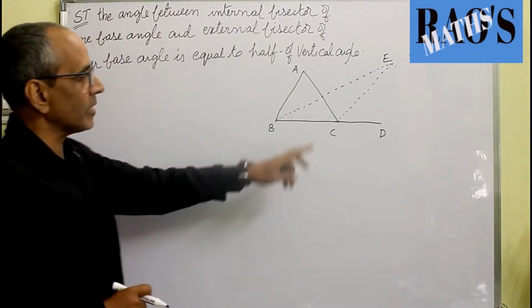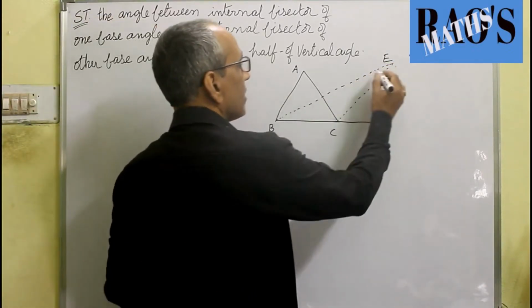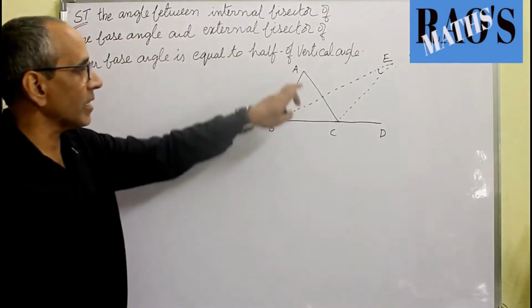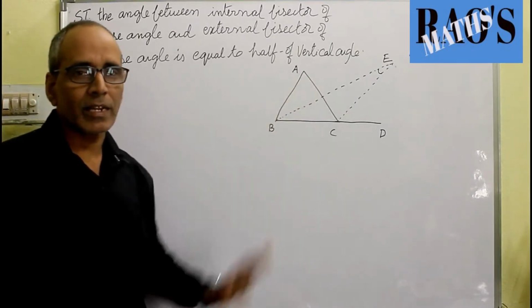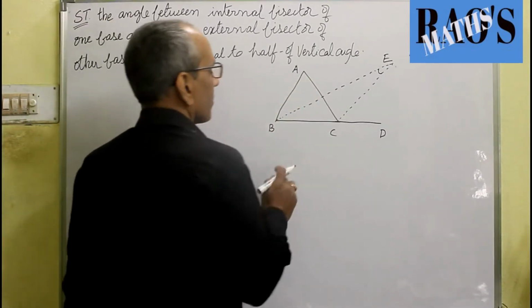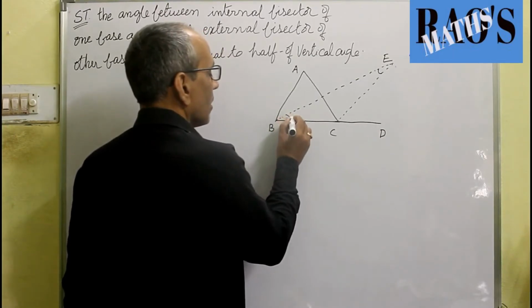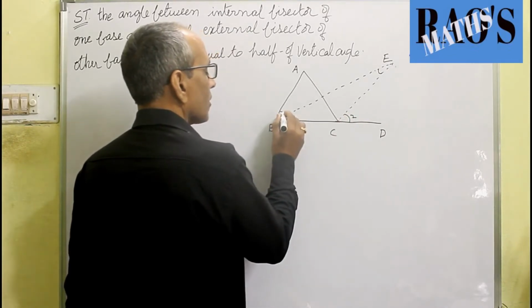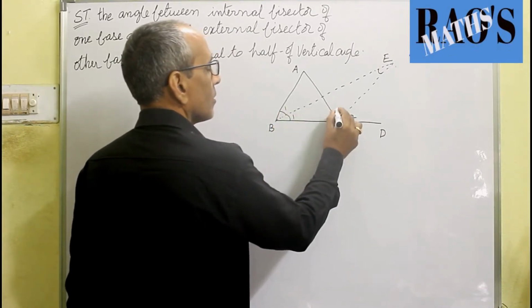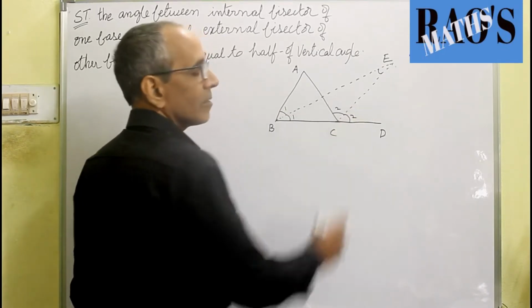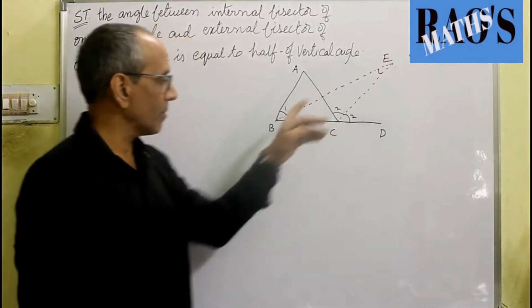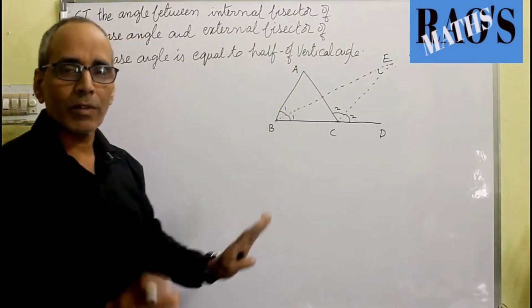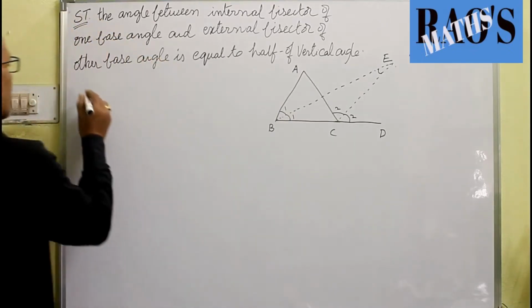The question is, you have to prove that BEC, that is this angle, is half of this angle A, that is the vertical angle. We know this is the vertical angle, and these two are the base angles of the triangle. So I mark here 1, 2. Of course, this is also 1, 2. The total angle B is bisected by BE, and the total angle ACD is bisected by CE. Since each part is equally measured, for our convenience I mark them 1, 1.